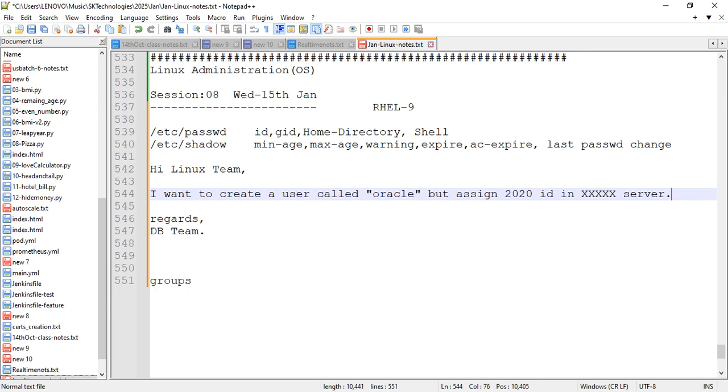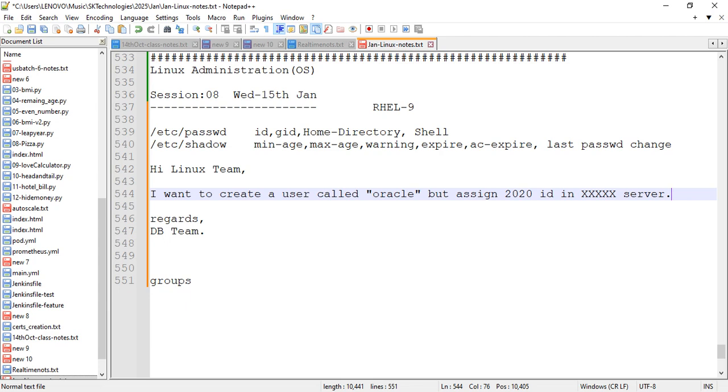Kindly provide the hostname, the server details." Then they will reply back with the server details. So on the server he wants to create an Oracle user,